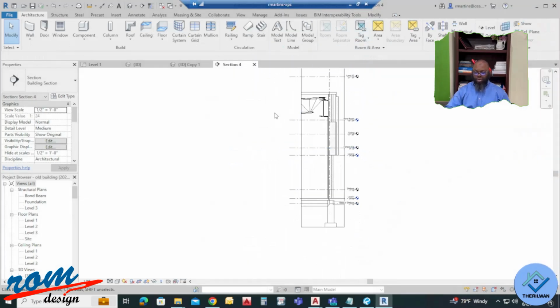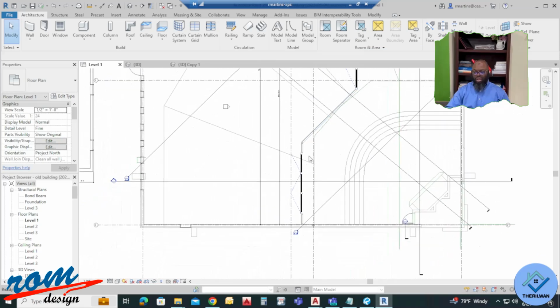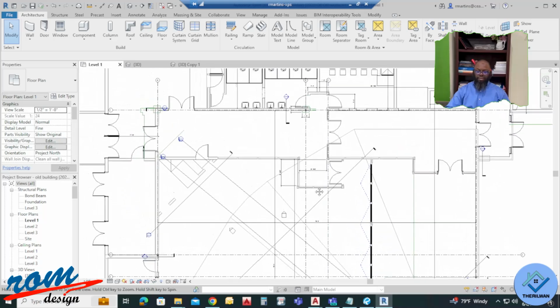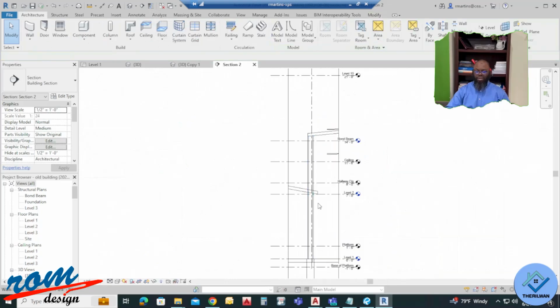So there you have it in a nutshell. This video is running a little long. I'll probably do this in 2 parts. And this is just a typical wall section. You see what's going on with the wall. This is an existing wall section. And just zoom through this. Now here's the elevation of